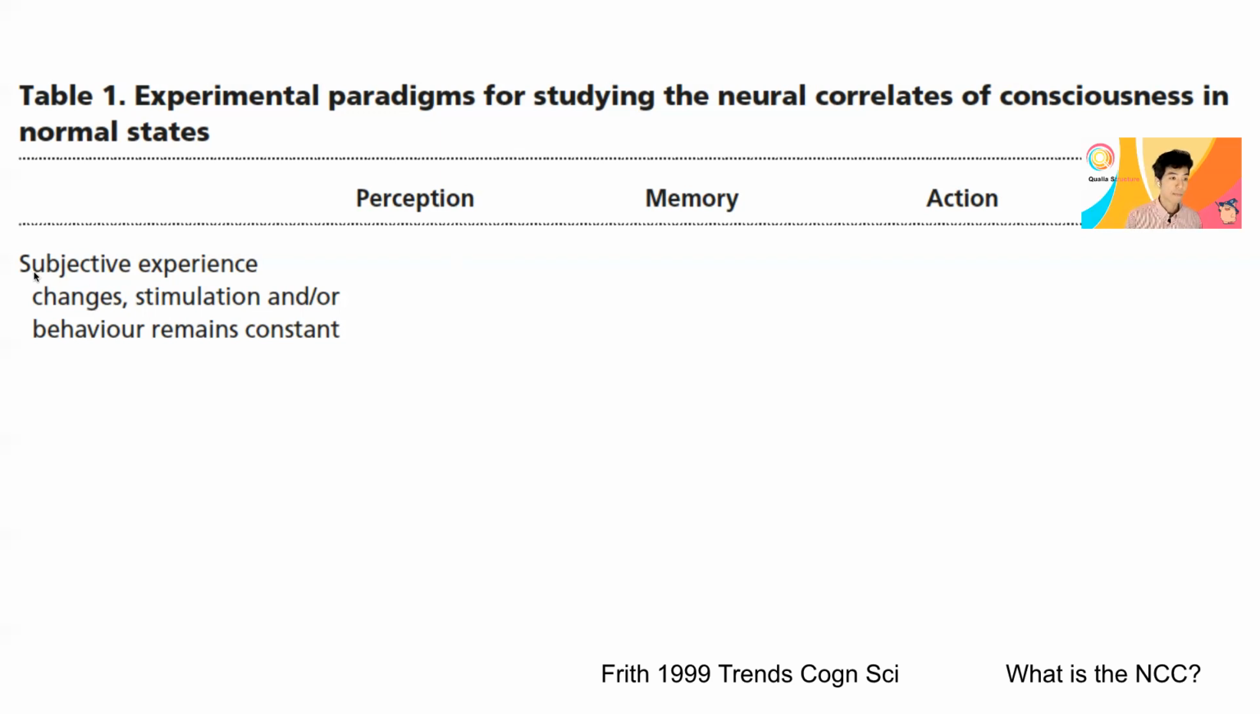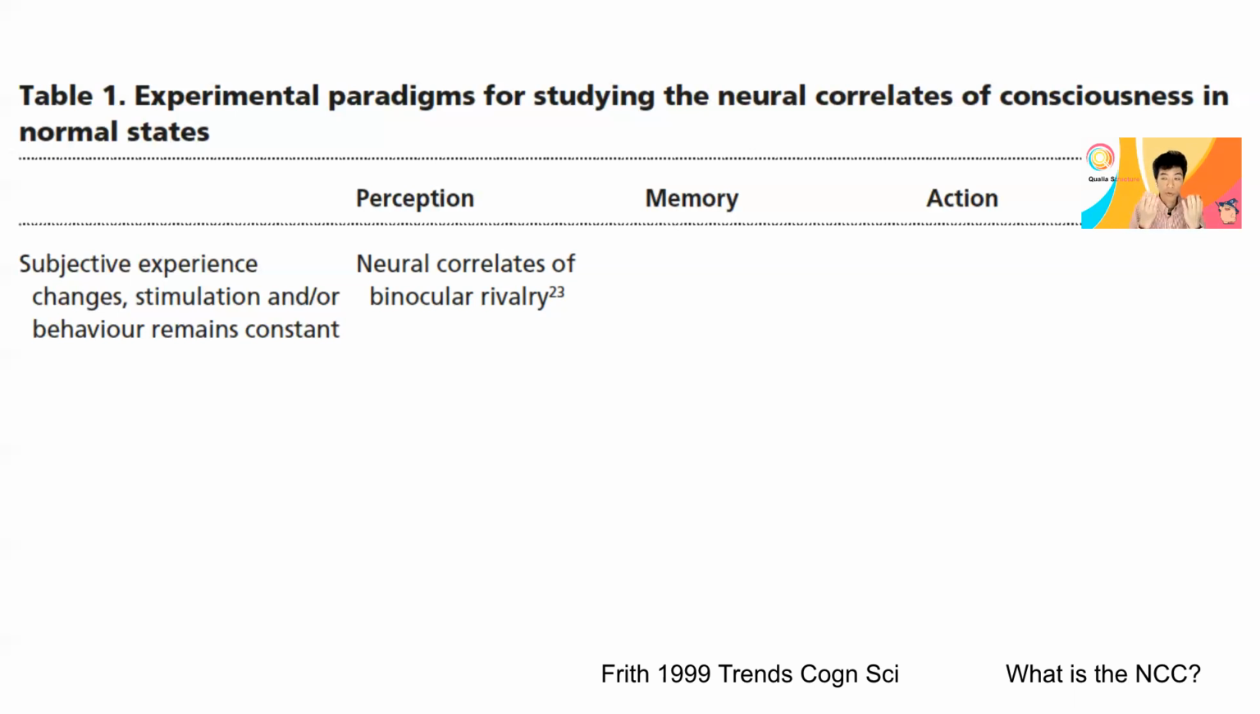The first row is about subjective experience changing while stimulation and behavior remain constant. So this is a case where we fix two and vary one, and let's see what it means. The first one is about perception, on the neural correlates of binocular rivalry. Binocular rivalry is an